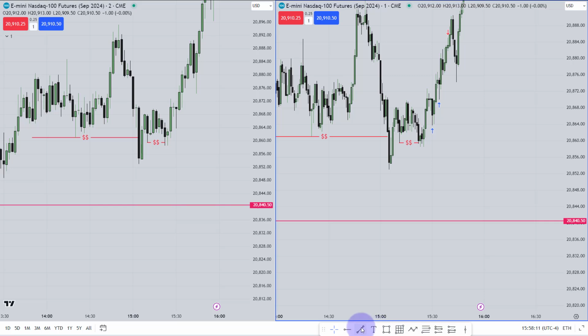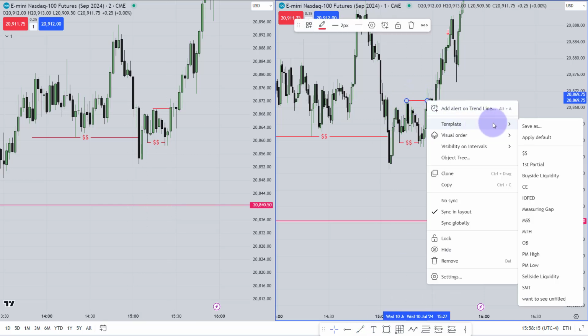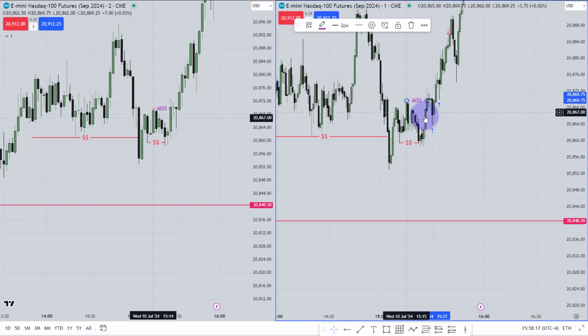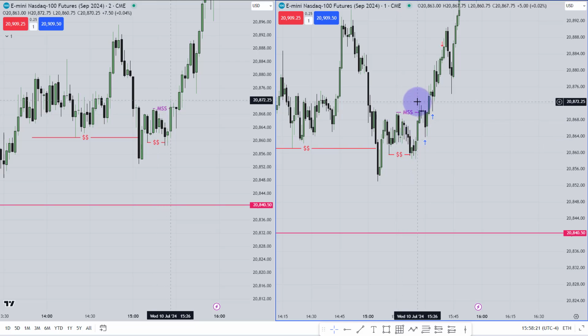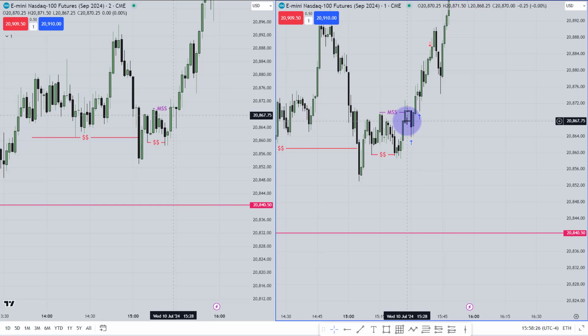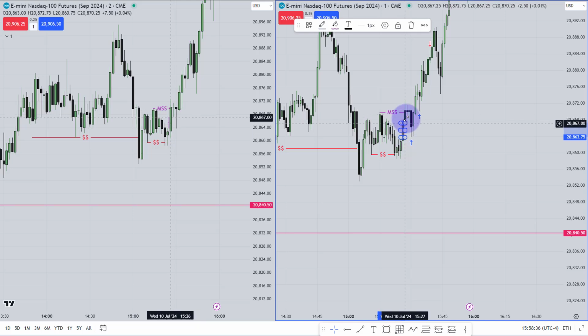Is that a valid market structure shift? Absolutely, it's valid. Please watch my market structure shift video. It will help you find the perfect swing high for shifting market structure. Was that a displacement? Absolutely. Was there any fair value gap? Yes, I have this entry fair value gap, you can see, but it was very small. That's why I took the entry from the breakaway gap. Either way, you can take your entry from that entry fair value gap as well.